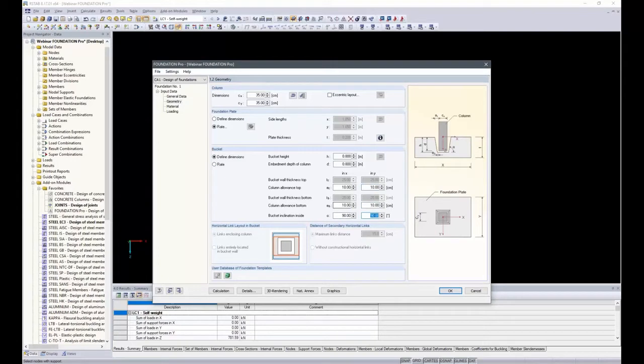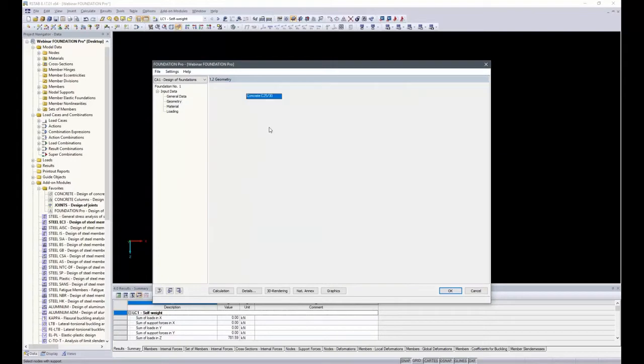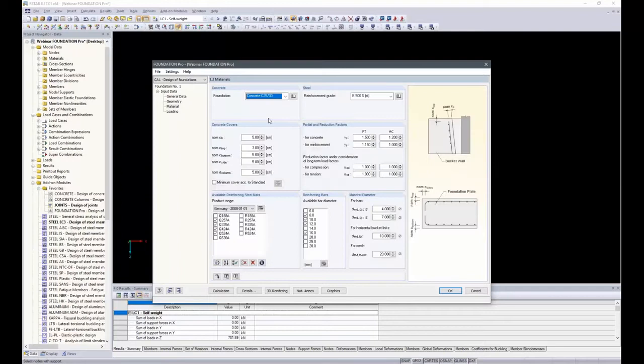So much for the geometry. The next window is 1.3, materials. The concrete is a C25/30 and the steel is a B500S, so very common. The concrete covers can be freely defined, or you can activate the option minimum cover according to standard, which is what we will do. And we have to verify that we have selected the correct exposure class